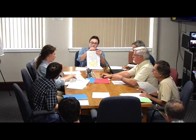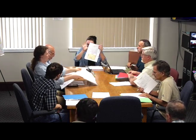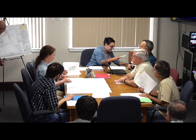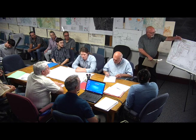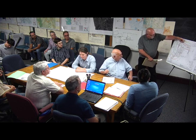Bruce Williams, Allen Engineering. At our last meeting, we had presented a conceptual plan, which included the house at the front of the lot and a pond to be constructed in a riverfront area at the rear of the lot. This revision excludes that pond. There is no work to be done in the riverfront. All the work will take place